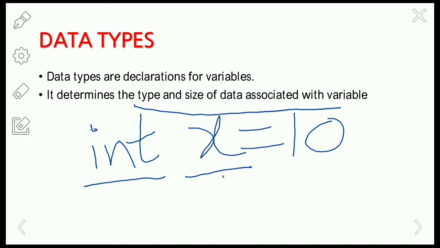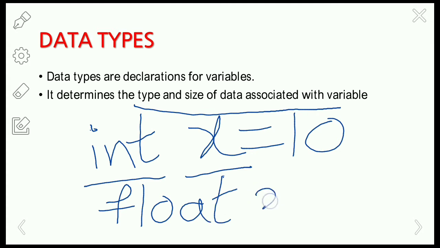Similarly, if you want to declare a variable which has real values, then we can use the data type called float, right? So float x = 10.5.